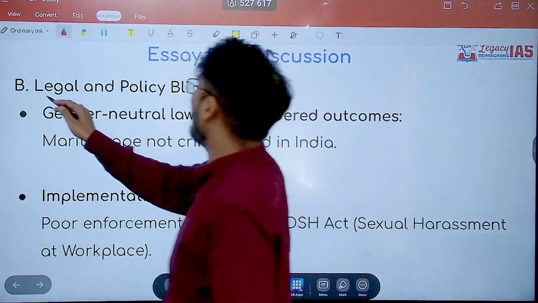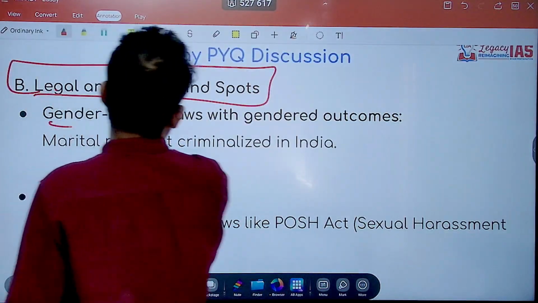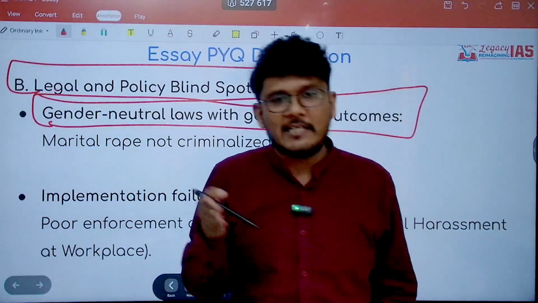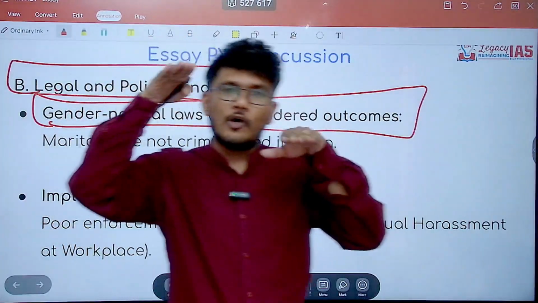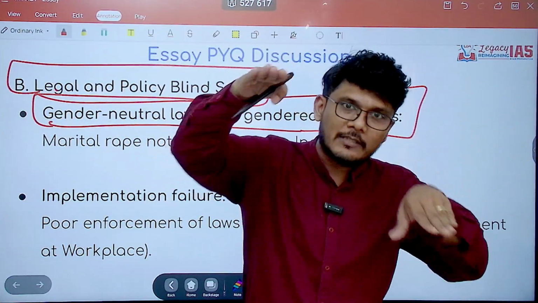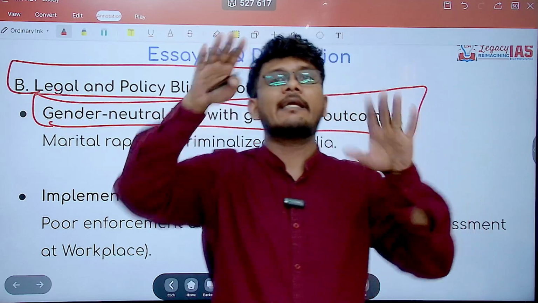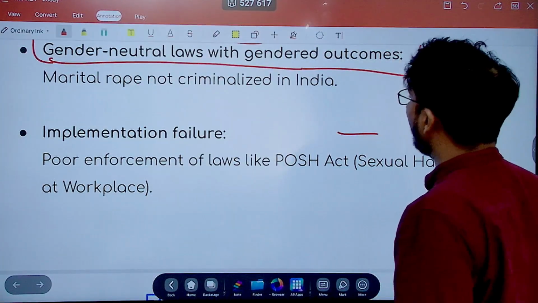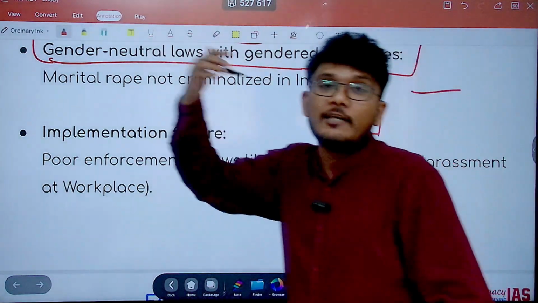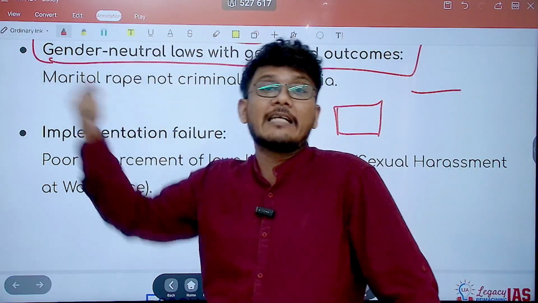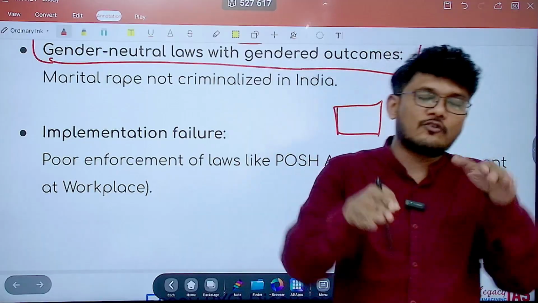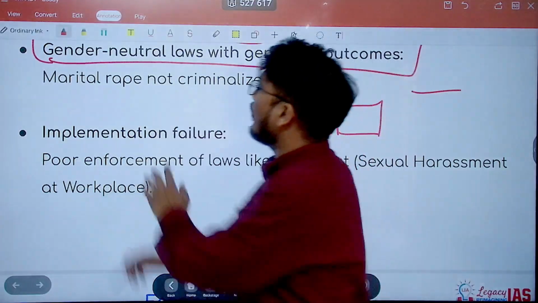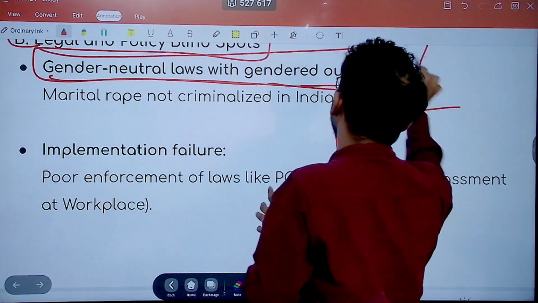Not just that, you can talk about certain legal provisions which are there, gender neutral laws with gendered outcomes. So why can gender neutral laws also be against women? Because when two people are not on the same footing, if you provide them equal things, you are reinforcing the inequality. I hope that is clear. So if I am standing at a low level and someone else is at a higher level, I need to be given a bigger ladder to ensure that my height is also similar to the other person. Now, if you are providing the same things to two unequal sections of the society, you are actually propagating inequality. That is what is meant by gender neutral laws with gendered outcomes.